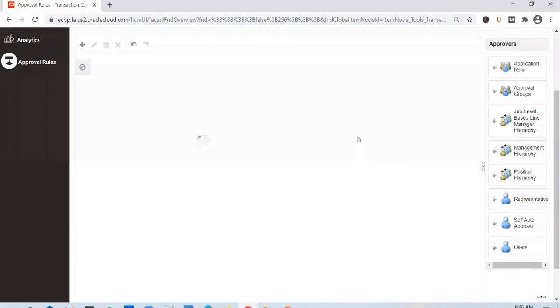And when we do the hands-on exercise for the next 40 minutes today, and if something gets left over, tomorrow, we will be using only one of them at a time, to avoid confusion. But don't think that it has to always work that way. You can use any combination of these approvers. So you can first send it to a specific approver, and after he approves it, you can send it to the management hierarchy. And after it goes through the management hierarchy, you can send it to an approval group as well. You can use any combination of the approvers.